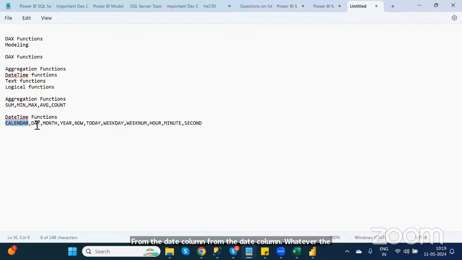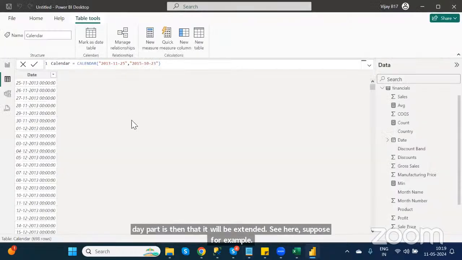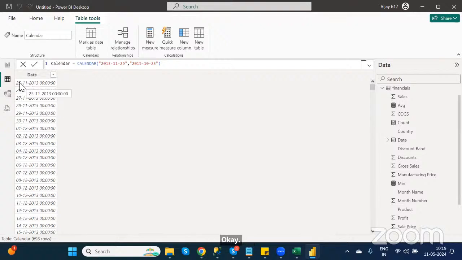See here, for example, what is the day in this date column? 25, 26, 27, 28, 29. These are all the days only. If you want to display these, then you have to use the day function. With this day function, each row has a different value, right? That's the reason